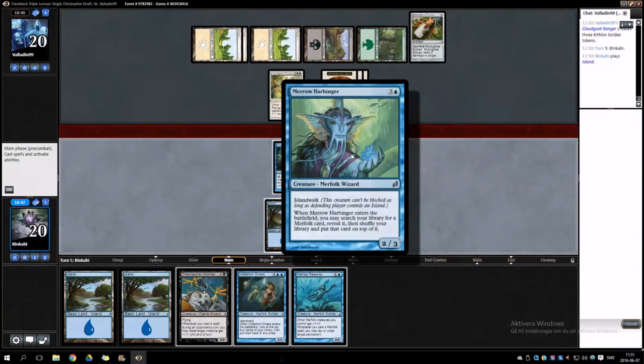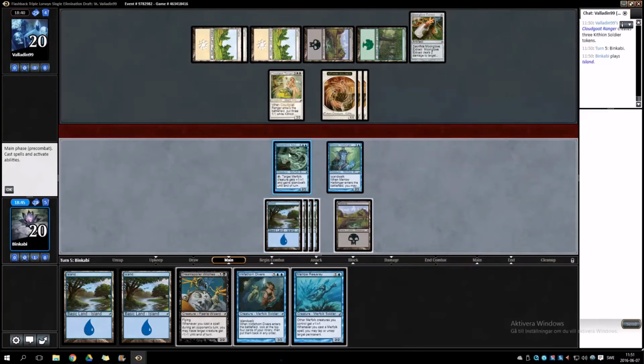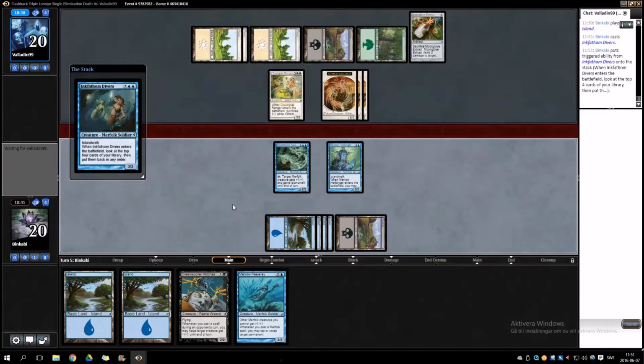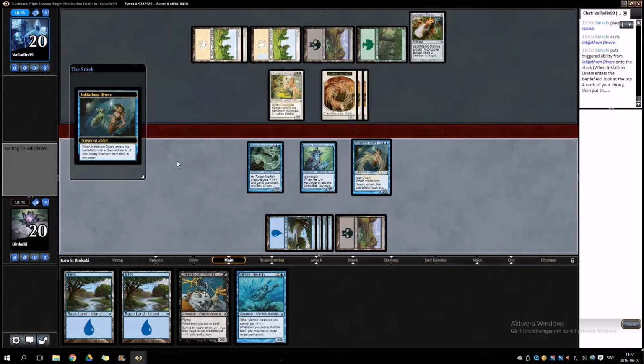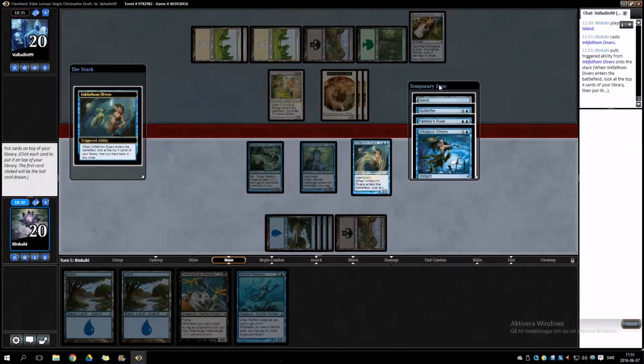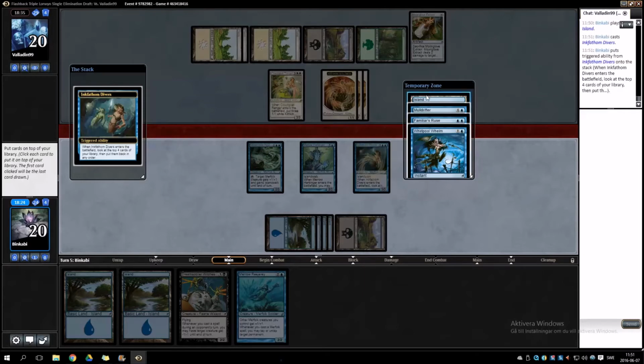So, yeah. Let's just play this. At least I was thinking on the right track here. I don't want a Whirlpool Whelm. I guess we could do that and then counter it, but no. So I want to draw Mulldrifter next turn. And then